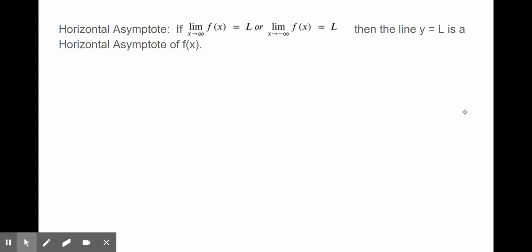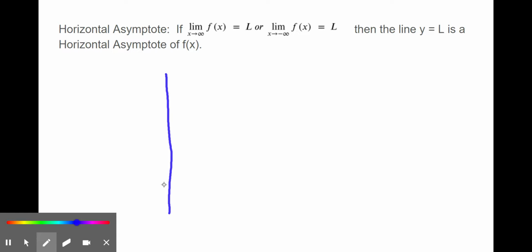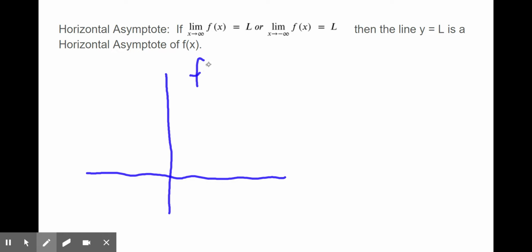Today we are going to talk about what happens if you calculate the limit as x goes to positive or negative infinity. The first thing we can do is, we defined a vertical asymptote earlier. Here we're going to define what a horizontal asymptote is. Let's draw ourselves a picture here, and I can call this f of x. If the limit of f of x as x goes to infinity is equal to L, where L is a real number, not infinity or anything like that,